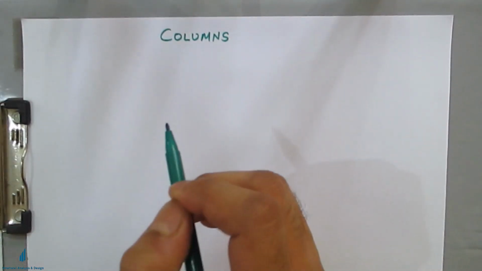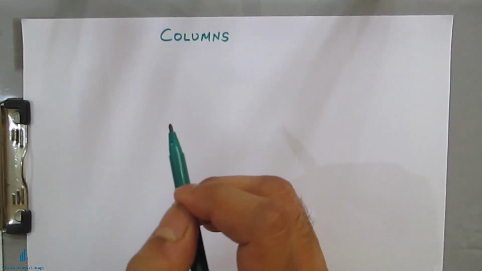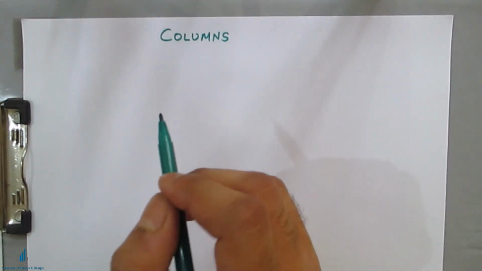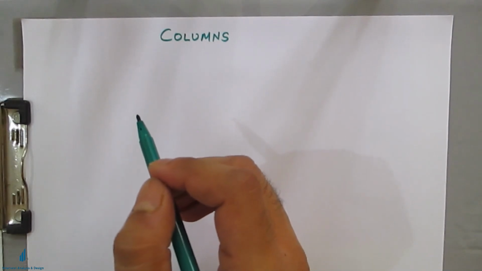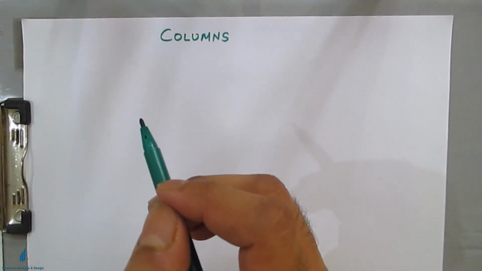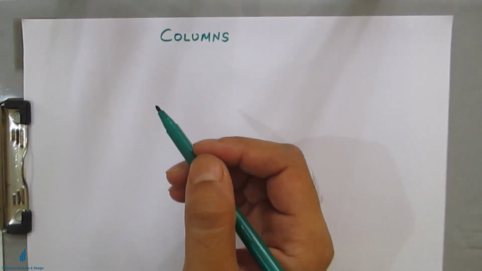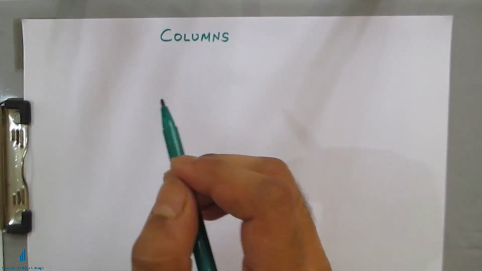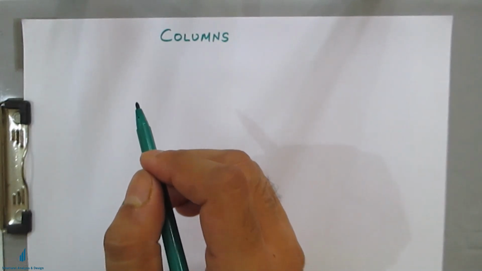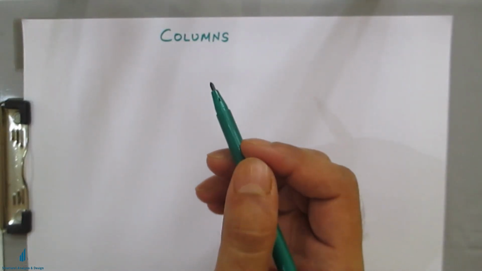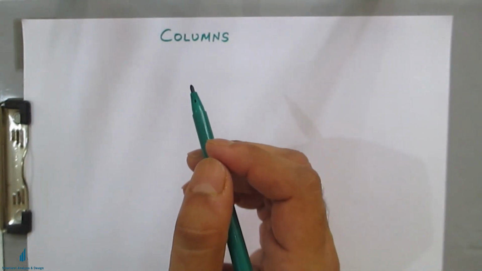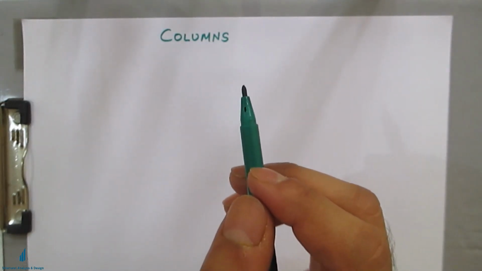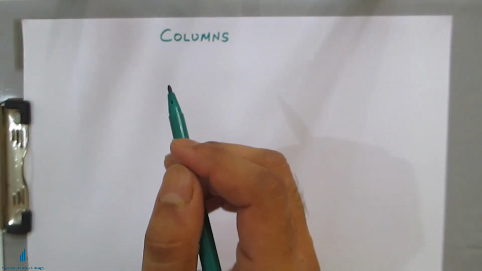So if you have gone through my channel and seen the RCC playlist, you will find the design of singly reinforced beam, analysis of beams, then what is doubly reinforced beam, then footings, then slabs. Till now I have not covered anything about the column part, and due to great demand from the subscribers, I have decided to complete the columns part entirely with the different combinations of columns.